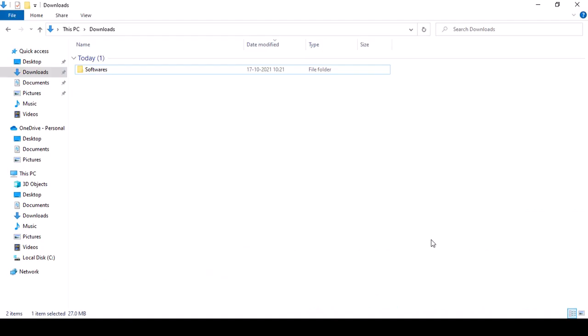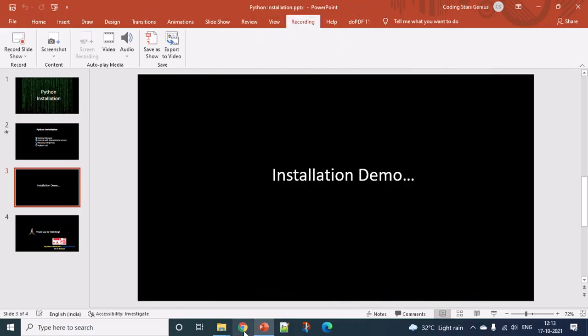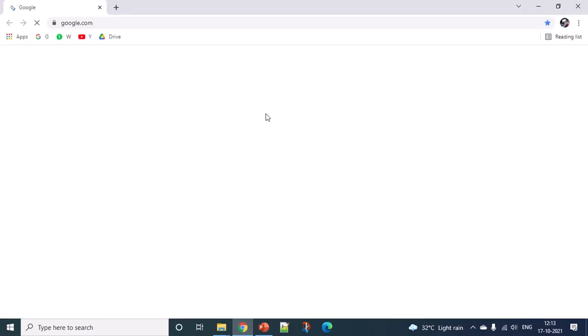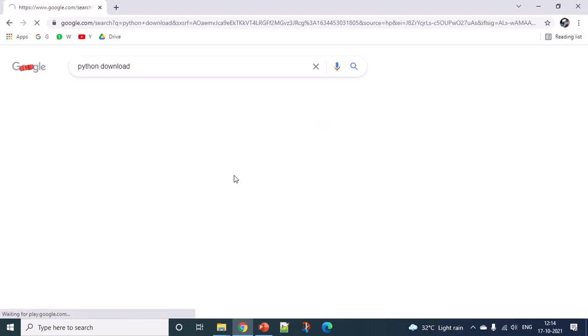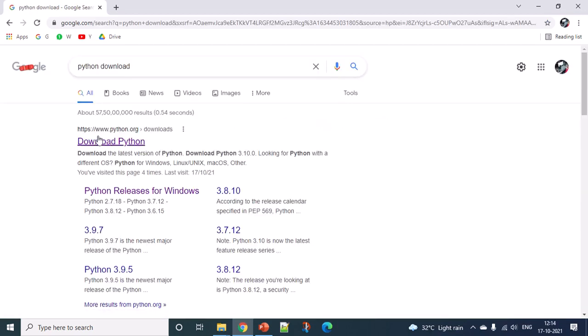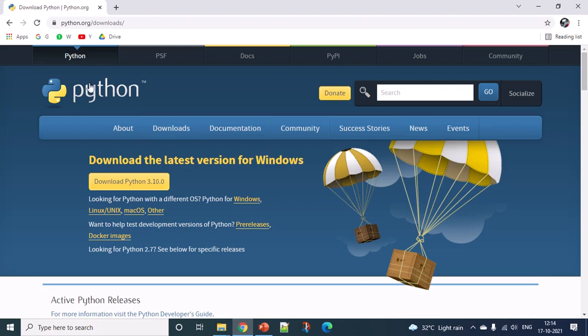So for this, I'll open my Chrome browser. In the search bar, just type Python download. It will get you the python.org company's URL. So you will see the Download Python clickable URL. Click on it, and it gets you to the